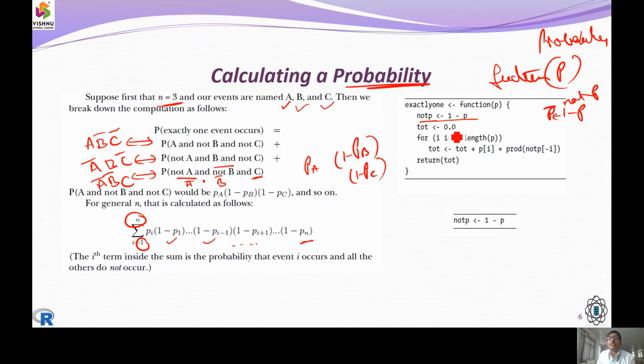Now I am going to initialize total to 0 value.